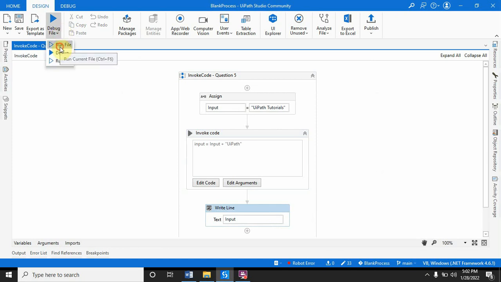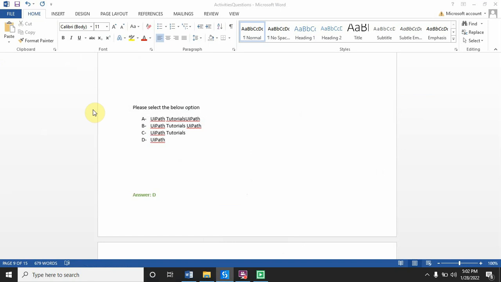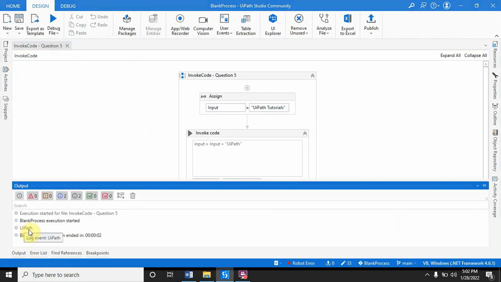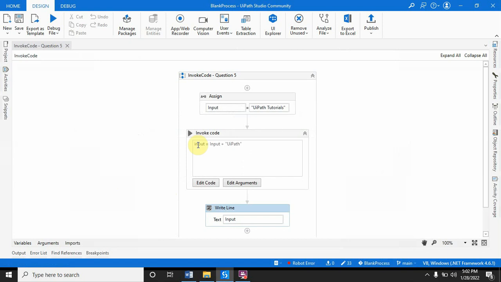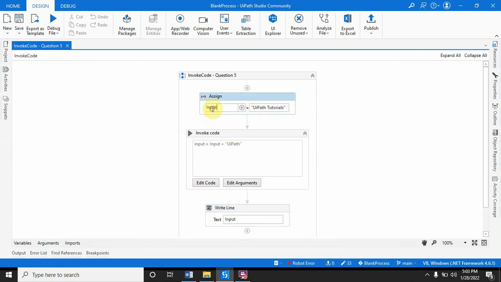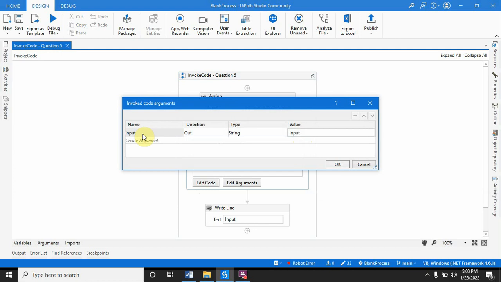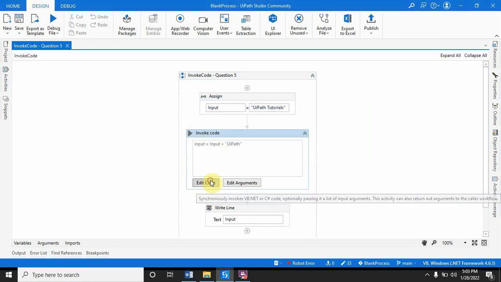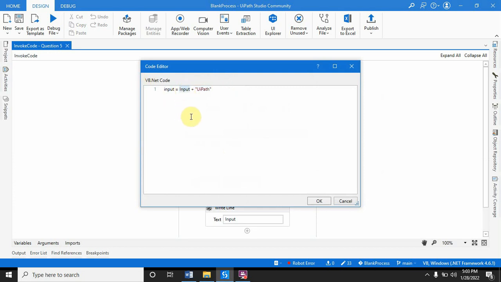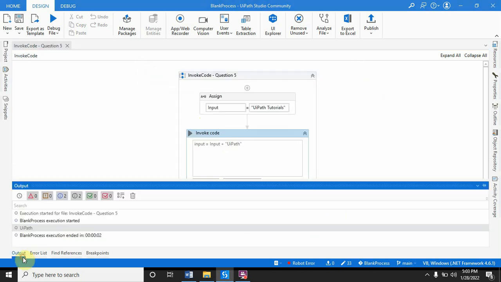Now let me run this sequence. So if you see here, the UiPath is printed, and that is what the answer is for these options. Now why that happened: when I have passed the UiPath tutorials to this variable, it is holding this value, and when I'm passing this variable to the invoke code, I am using the out direction. That means the value that the input variable is holding, it is not going to take this value inside the invoke code. Now when I'm using this expression, the input variable is not holding any value at the runtime, so it will put only the UiPath into this input variable, and so the output is printed as